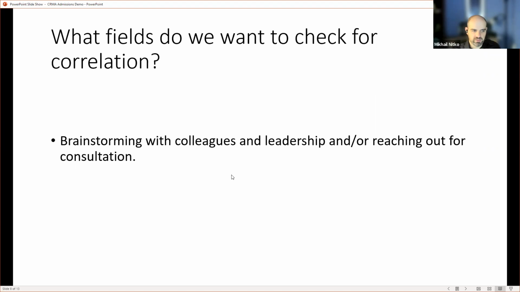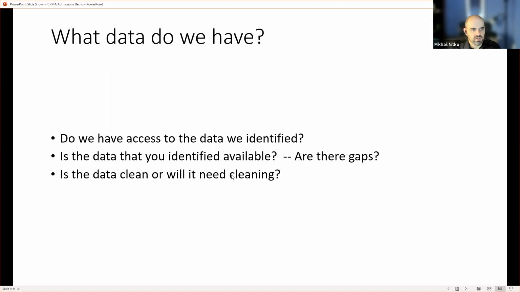Now, when you allow for more data rather than less, you need to consider also, what data do we have? Do we have access to the data that we identified, meaning to the, let's say, Marketing Cloud database that you have all of your marketing information in? Is it controlled by your team or by a different team? Or how do you get access to the data after you've identified? You want to try and correlate whether your campaigns and their engagement leads to a higher probability of a sale or a prospect becoming an applicant.